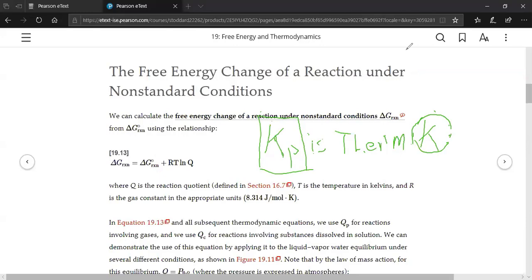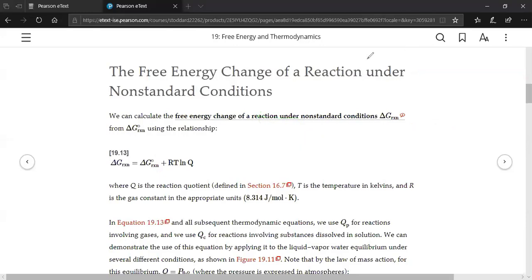The case with subscript C, though, isn't always the same as the thermodynamic K. There would be a difference if there's both gases and aqueous. And also, if you have gases in there, you can't have a thermodynamic